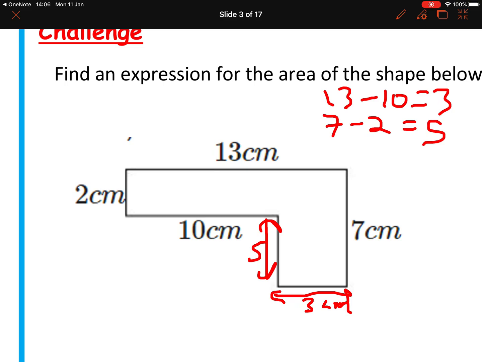Now, from this point, it's up to me how I want to split it up now, okay? I can either go along or up. But if you go along, if I were to split it like this, the problem is I would have a 13 by 2 rectangle, okay? Which you can multiply together. But if you want something which is not that much in terms of times tables, you can go like this, okay? I would prefer, let's say, to go here. You don't have to. So if I split this up, call this part here shape A,